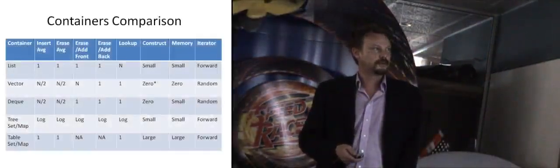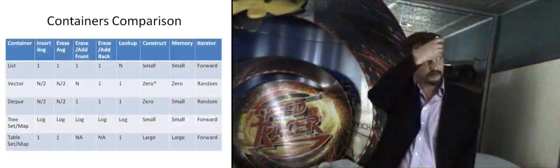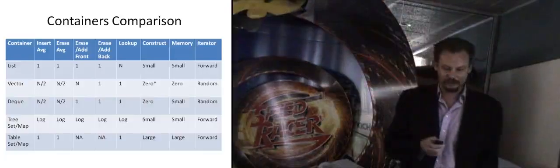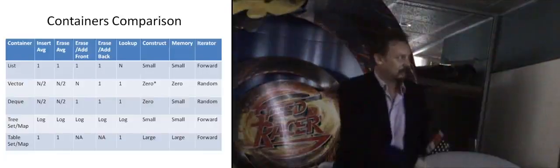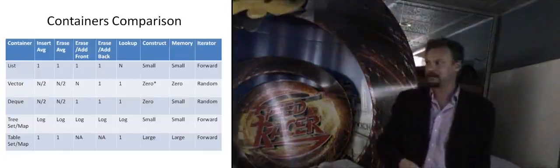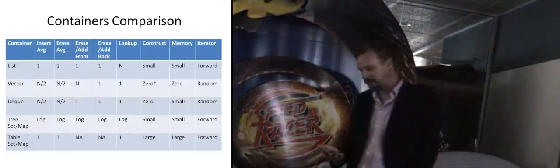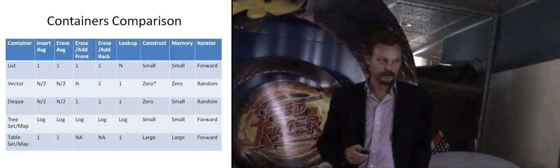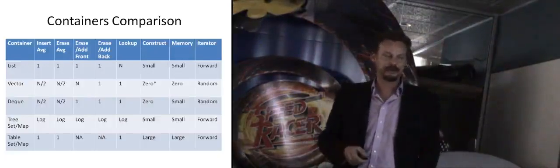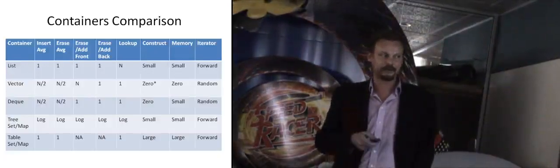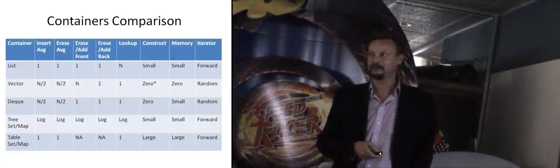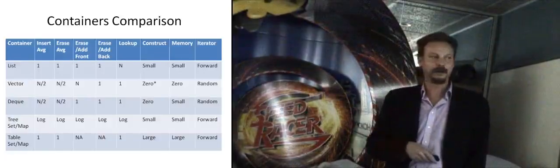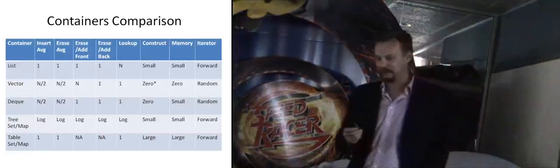Comparison of containers. So, this chart could also be this big and have a lot of other rows and a lot of other columns. It's not an exhaustive comparison of the different data structures, but it gives you an idea. And like I said, there are caveats here, and if I read this, I'd see a lot of oh yeah, buts, but I got sick of putting little asterisks everywhere. So this is just a general thing. Please point out if I'm really wrong somewhere.